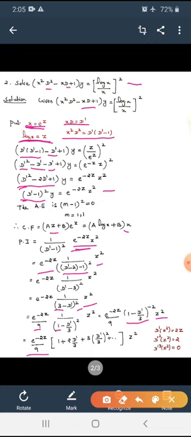Let us expand this term. It is of the form 1 minus x whole power minus 2. The formula is 1 plus 2x plus 3x square and so on. So we get 1 plus 2 into x term is D dash by 3 plus 3 into x square is D dash by 3 the whole square and so on of z square.